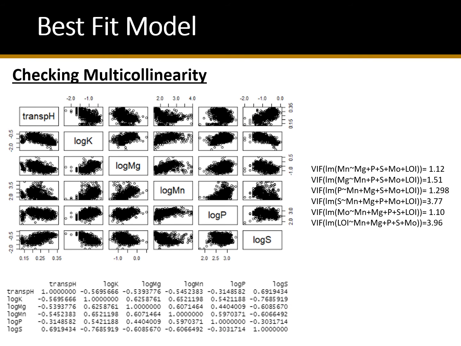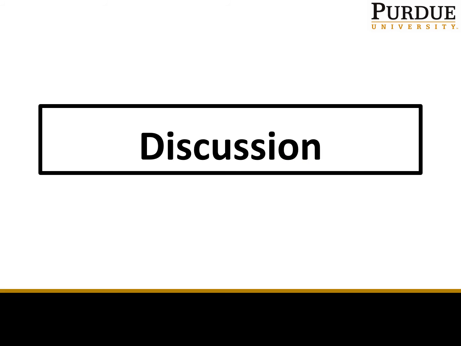Lastly, several functions were run to check the multicollinearity of the variables used in the best fit model. From these results, we have no signs of collinearity, especially since none of the VIF values exceed the threshold of 10. I would now like to wrap up by briefly discussing the results and the discoveries made while generating the